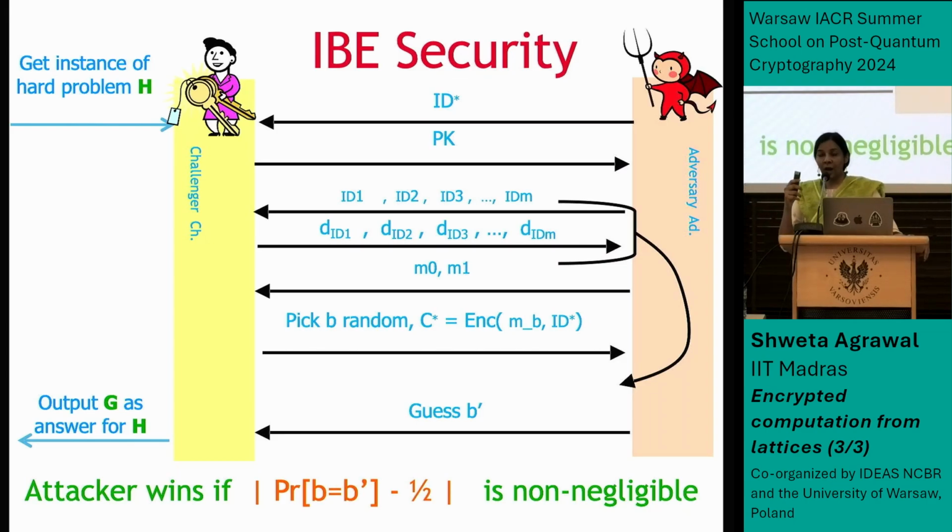Okay. So thanks for asking this, because this is really important to understand. There is a master public key, and there's a master secret key, right? So this master public key is something that is used by all the users in the system. So that is why it needs to get it from the challenger.